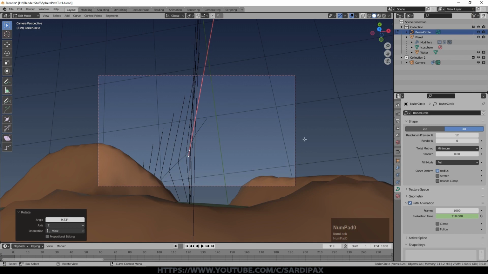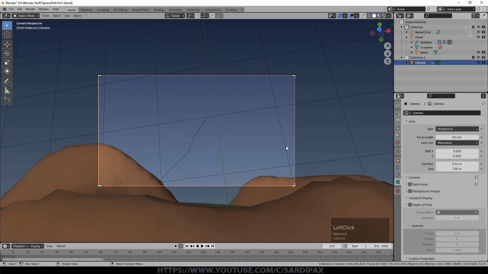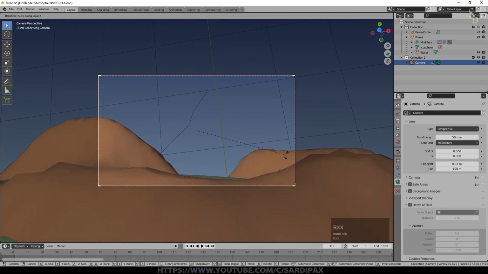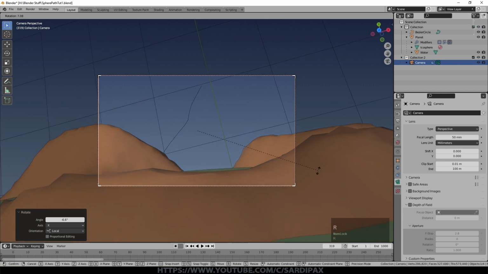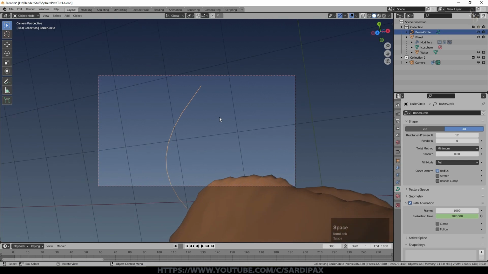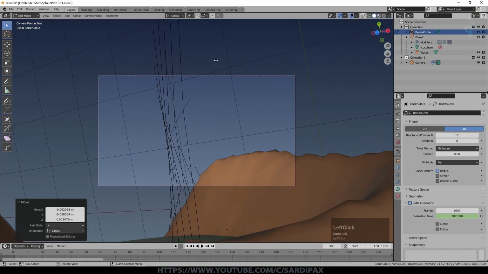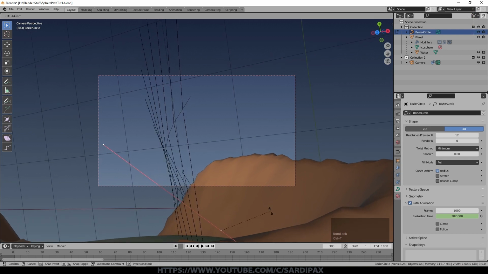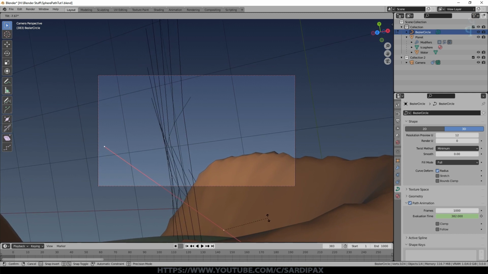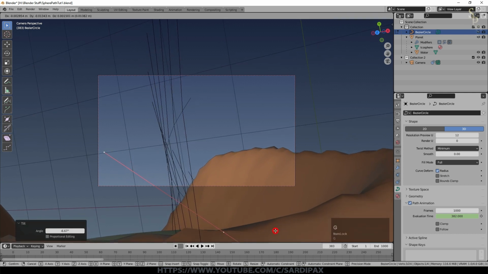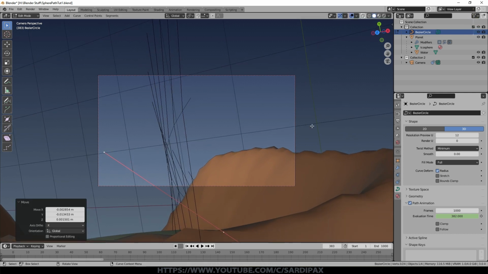What we can also do, of course, if I come out of edit mode, select the camera and press R X X, I can point the camera down slightly. I'm trying to keep the horizon roughly level, but you will find it will occasionally go off, and you can drag it back down by selecting part of the curve. You can also press Ctrl T, and that actually allows you to rotate or twist that part of the curve as well, which there's no other way to do in order to straighten things up a little bit.